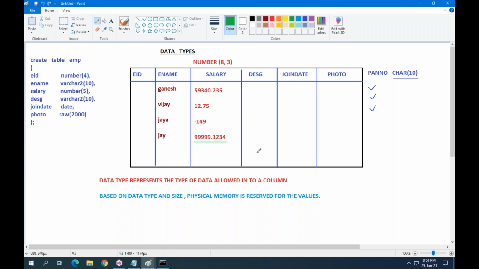Come to here, guys. The fourth is invalid. Why? 5 nines plus 4 decimal part digits, 5 plus 4, total length 9. After the decimal point you have 4 digits, so the length is 4. So 9 is greater than 8. Maximum we can use is an 8-digit value, but it was exceeded. Invalid. If the value fails on precision or scale, it is automatically invalid.